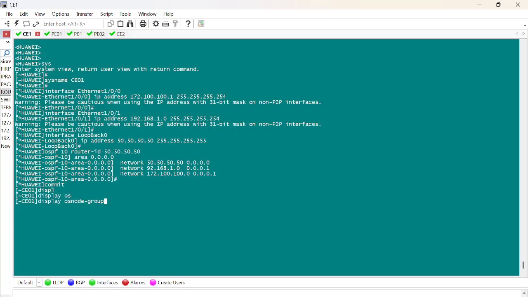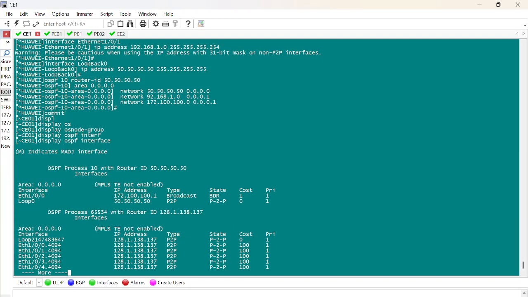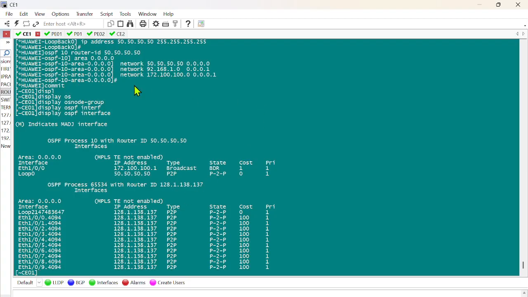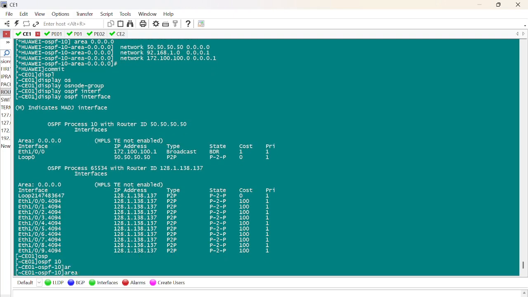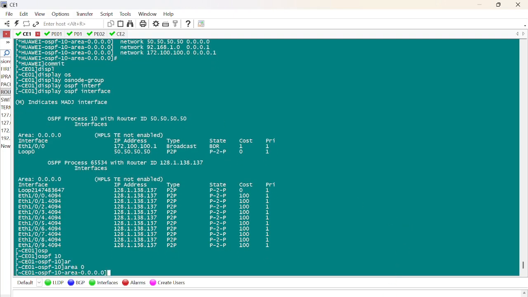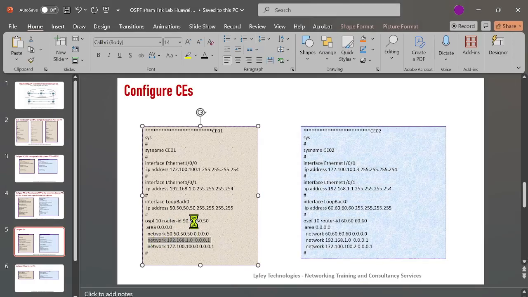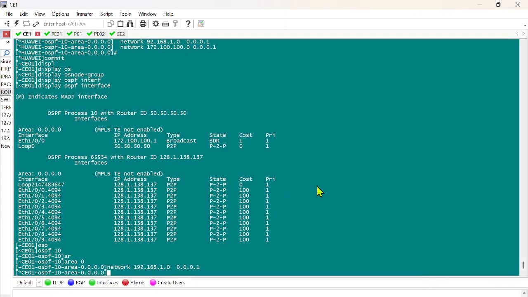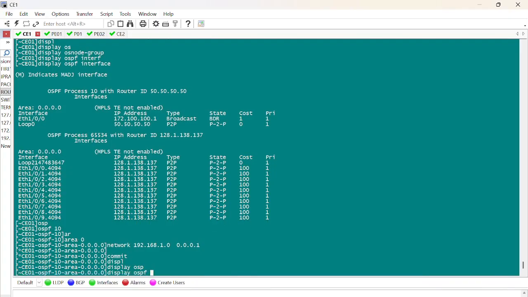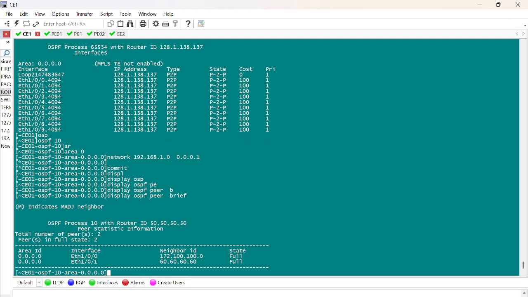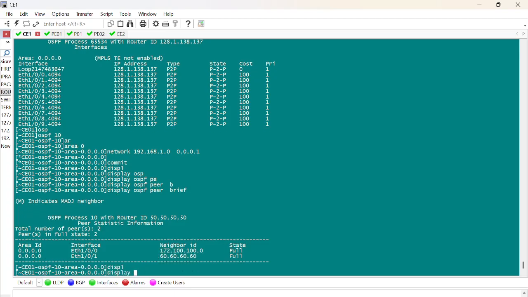If I display OSPF interface, you have the OSPF activated on that interface. We are missing one interface, so you can see that this network command, so OSPF 10 area 0, we need to have this network command. So whenever you are configuring OSPF, you always have to give the correct networks that you want to be advertised. So now if I display OSPF peer brief, you see that we have two adjacencies, one towards CE and another one towards the PE. So if I display IP routing table,